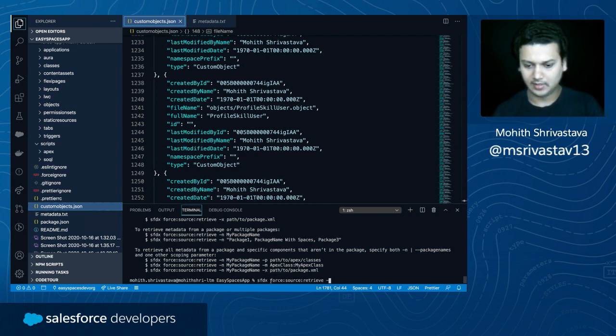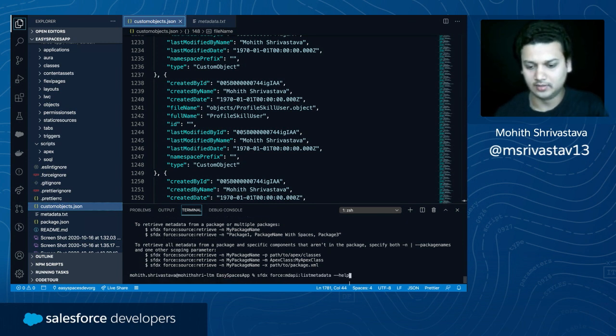You can say X, and in your project you can have package.xml and provide the package.xml, and this will retrieve all the metadata that you specified in the package.xml. That's a really handy thing, right? So if you already have a package.xml manifest, then you just write this command, the command to retrieve metadata, and provide the package.xml